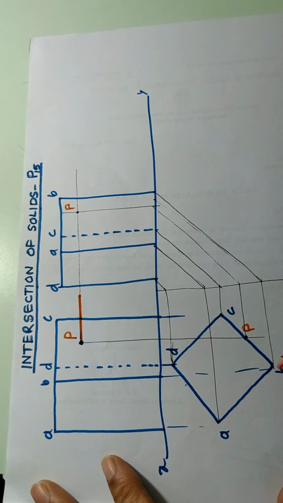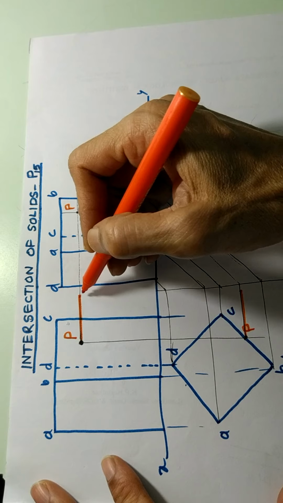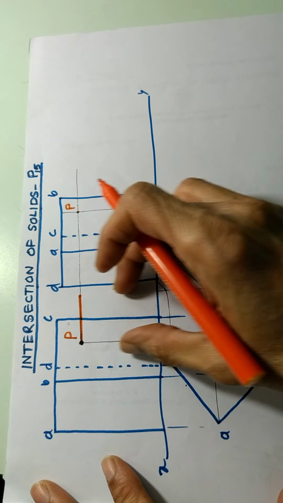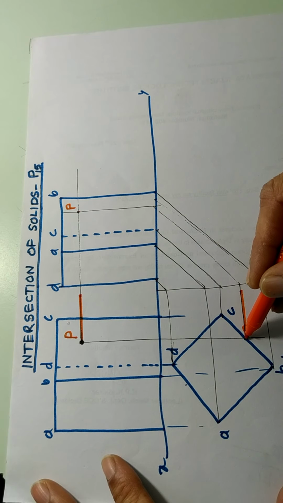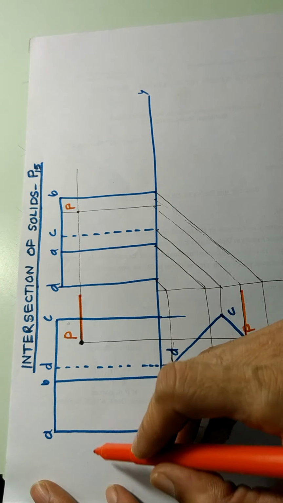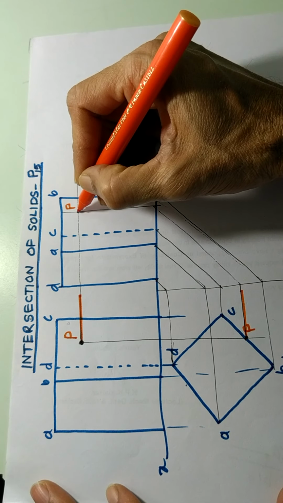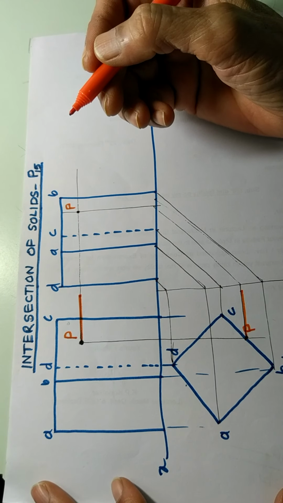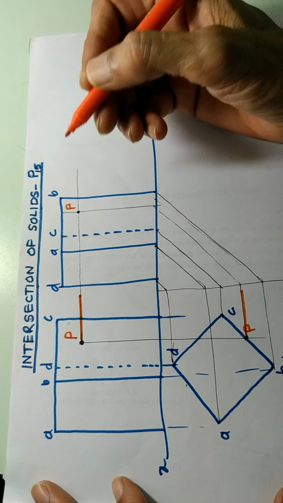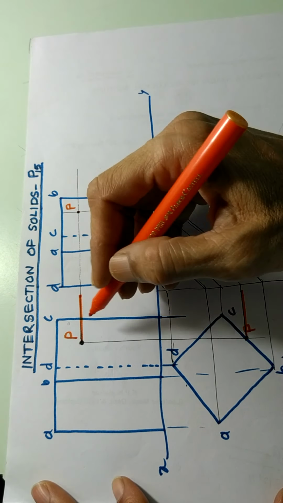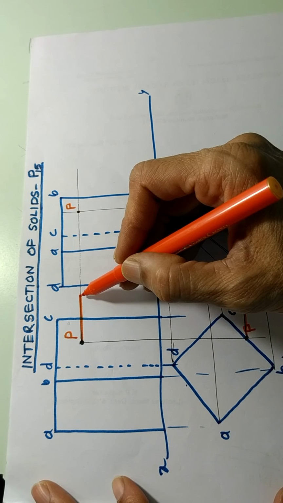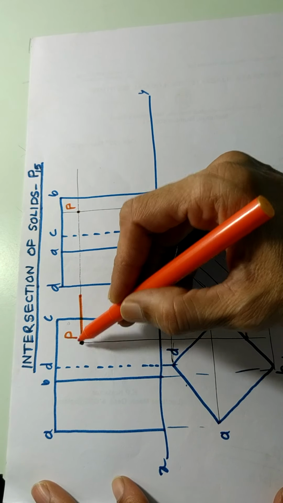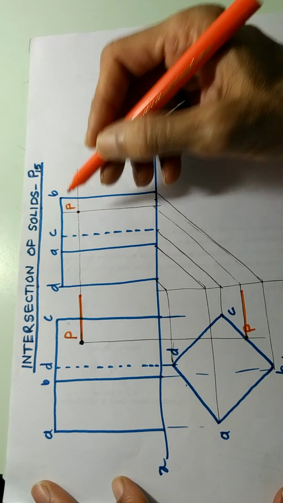Now where is this line in the top view? This line in the top view will be here. Because when you see from the top, this is the position of line P, which is coming and touching the prism at point P. Now the same line, if you see from the left hand side, where will that line be? That line will be seen just like a point, like this. Okay, so first we have drawn a point P and shown that in two views. Then we have drawn a line which is touching the prism at point P, and that line we have drawn in the other two views.